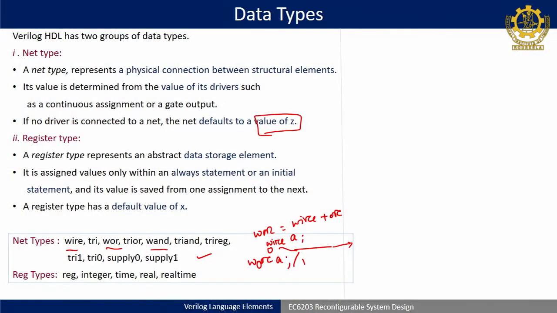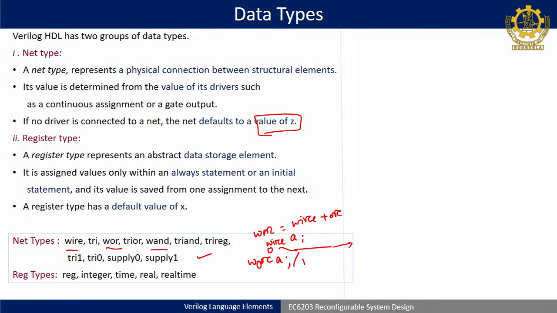Okay. So, a register type has a default value of x. That means there is a chance that a latch or a register has not been initialized with any value. I told you in the last simulation coding that initially you will get a red color unstable state in the input. That indicates your values, as they are not initialized, are do not care, that is x. So, a register type has a default value of x.